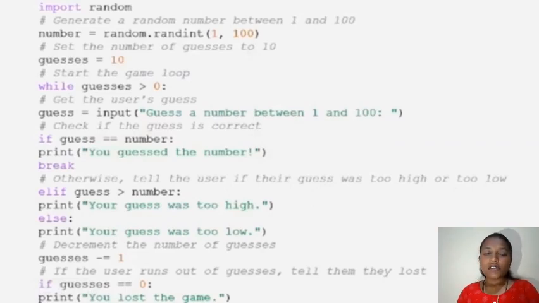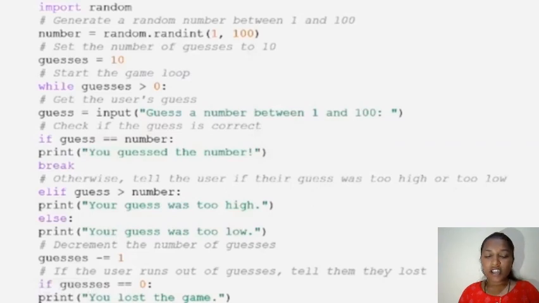Then the program stops executing. If you guessed the wrong number, then elif guess is greater than number, the program prints your guess was too high, else print your guess was too low. Decrement the number of guesses: guesses minus equal to 1.